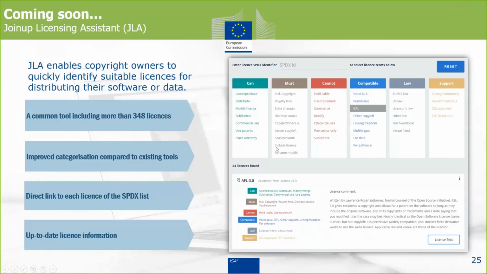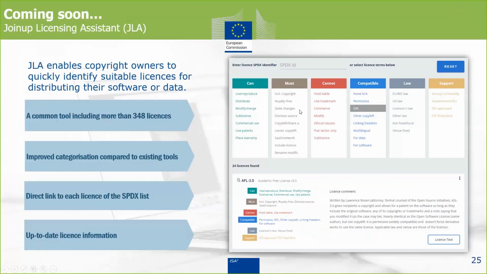And in this case, this will be available on Joinup. You don't have to create a solution and add your release and distribution files to have access to this wizard. It will be available to everyone, even to people not signed in or registered on Joinup. So everyone on the internet who is a copyright owner, a creator of something to which they wish to apply a license, can use this wizard. You can see these are clickable entries here, so he or she can go through each of these columns and select what best describes